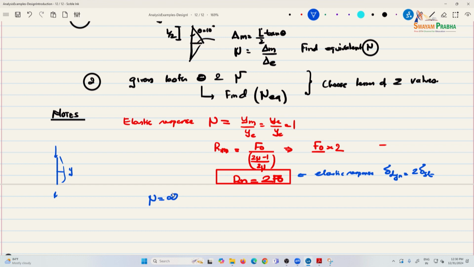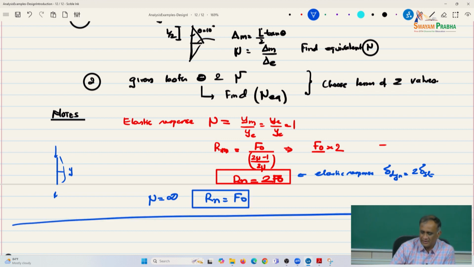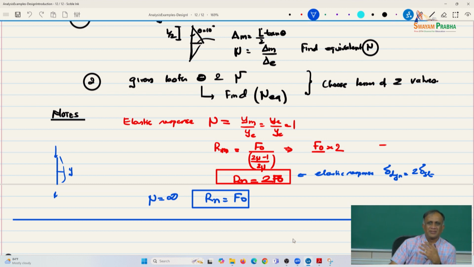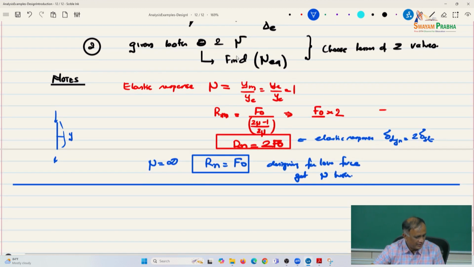If, let us say, mu is equal to infinity, it is going higher and higher. Then if mu is infinity, what do you get? Rn equal to F0. If you are designing for the applied force, what do you expect? A very high. And so what are your limits between the two of them? So you are designing for a low force, so you will get mu high. The other way to look at it is also